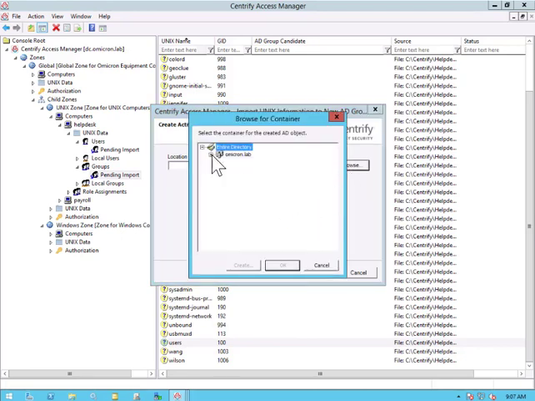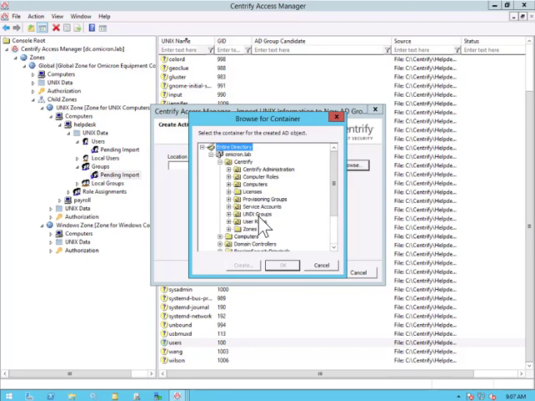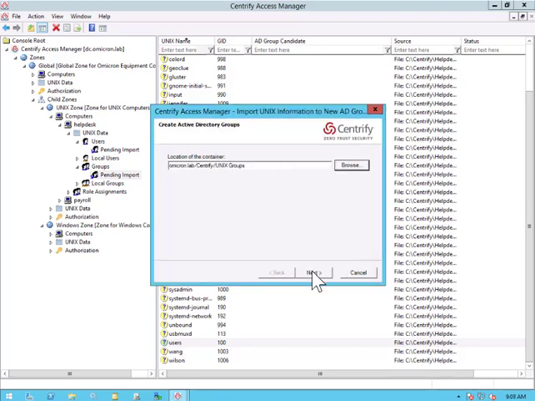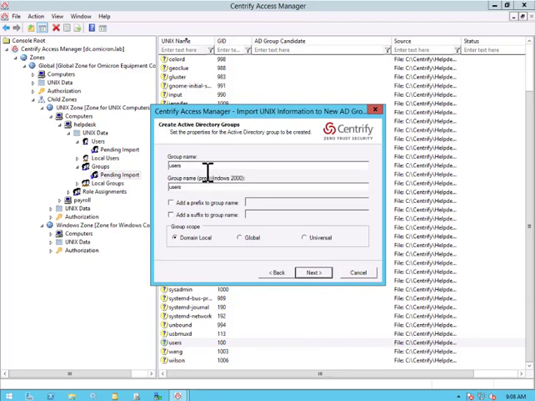Identify my container. Now again, my container is actually going to be under the Centrify OU under Unix groups. We'll go and click OK. We'll click Next, and now I can provide it the appropriate name. Now again, make sure that you're following organizational consistency and organizational practices when you're naming your groups. Make sure your group names are descriptive enough so that they are understandable by others. So we're going to go ahead and stay consistent. We'll go ahead and call this one